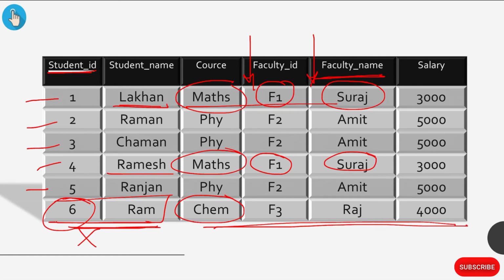Now suppose another problem comes: for the faculties, you have to change a salary. For the faculty Amit, you want to change the salary from 5000 to 7000.